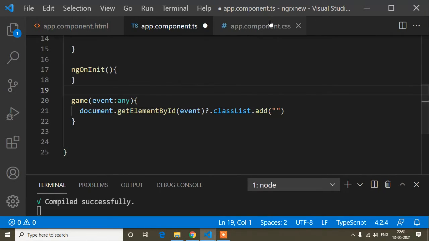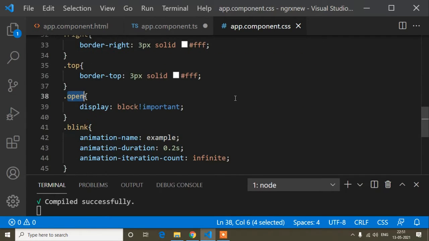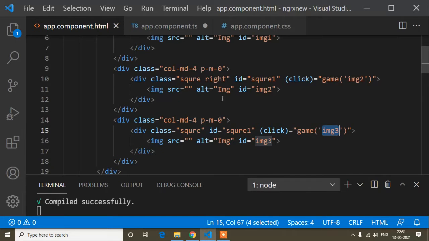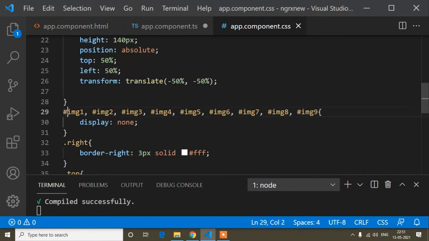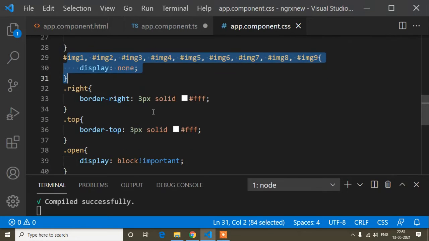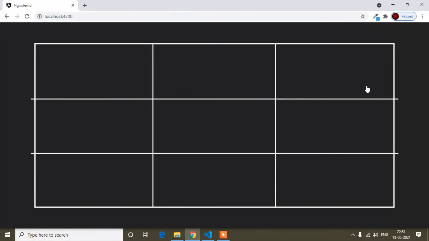In the previous video I showed you the open class, which is display block, because all the images, you can see the image id 2, 3, all the images I have first of all defined as display none. So now when I click any box, that box's image will be displayed.